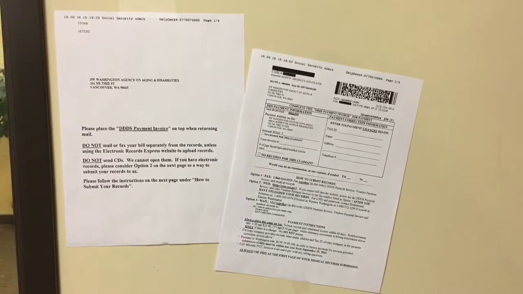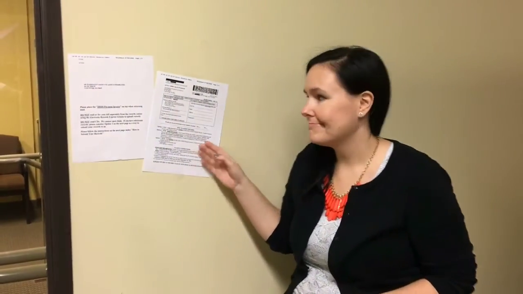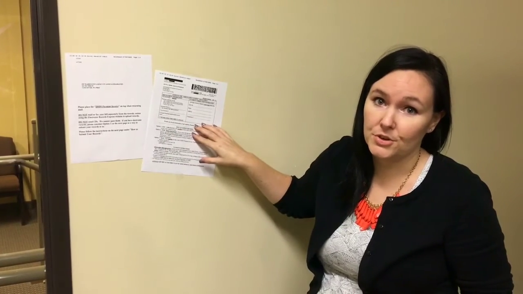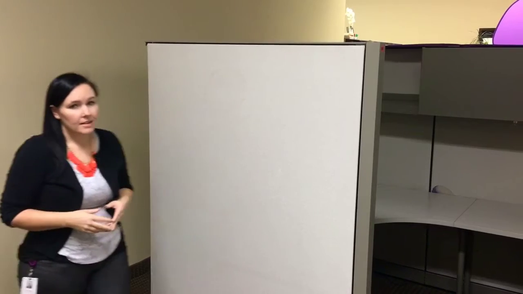Looks like we got another one. Here's an example of one we get a lot. Looks like a bunch of gobbledygook, but this is a valid request from the Social Security Administration. When you receive this or any type of request, contact me immediately. By law, our agency has a 5-day response deadline for responding to public disclosure requests. Did you know that we can have fines and sanctions for every day we are late in responding?